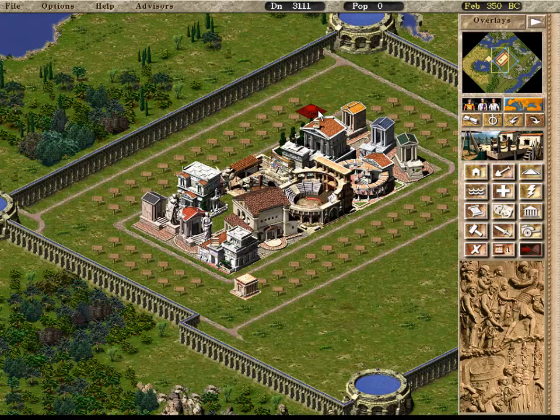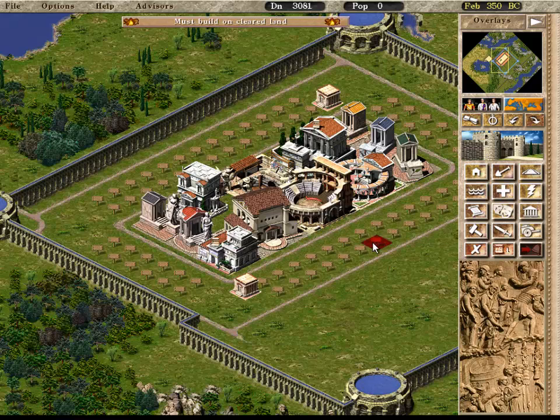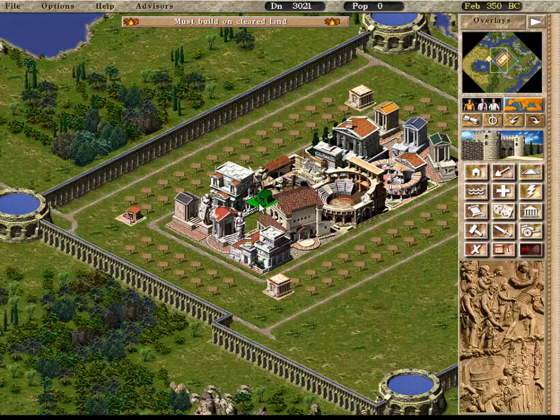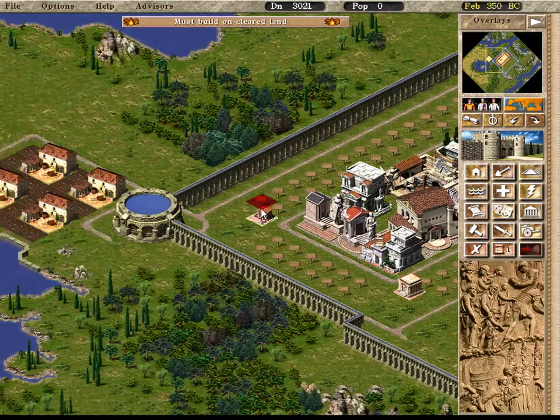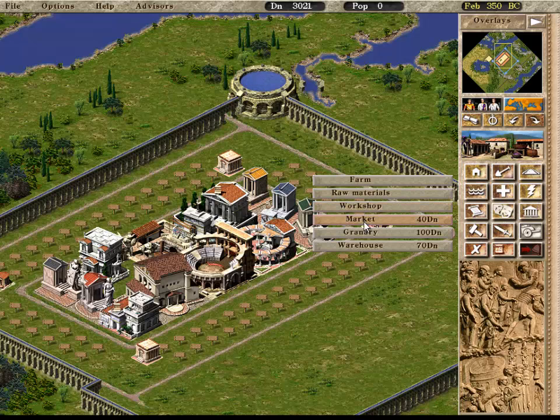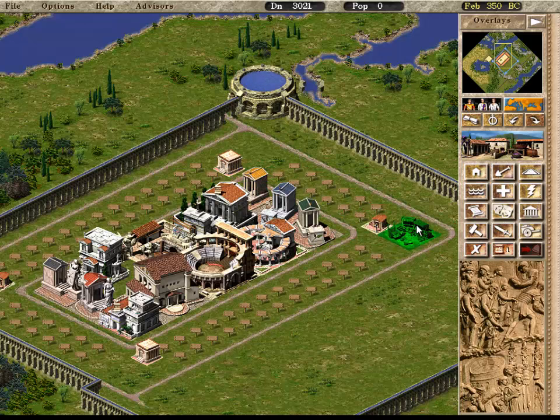And I'll just put some prefectures and engineering posts here and prefectures on the other corners, because you don't want your stuff to collapse. And you do want to hit it on the inner rung only, so that these guys will only patrol inside, and if they patrol that inner rung, they prevent all the...